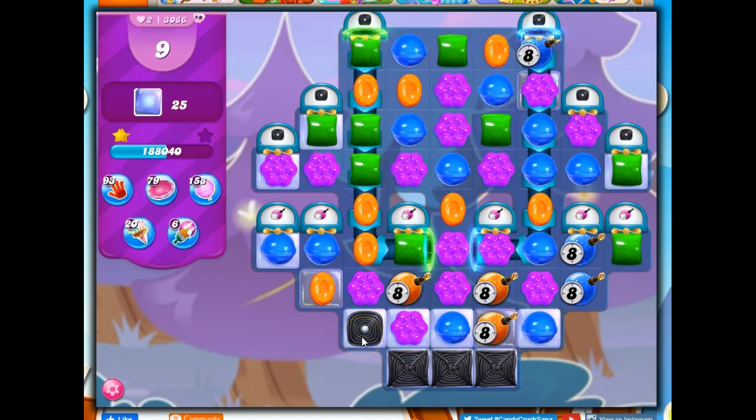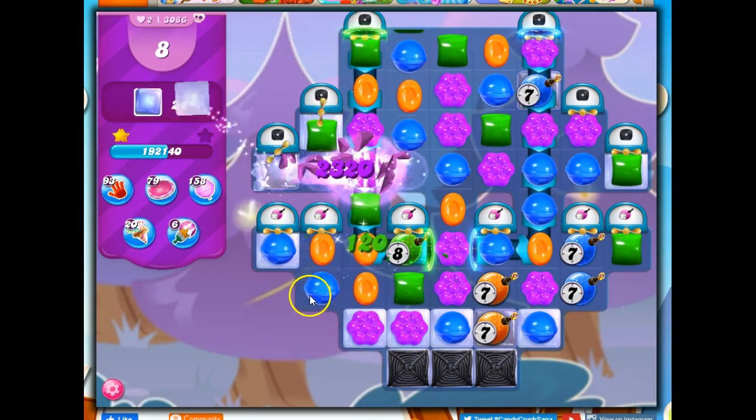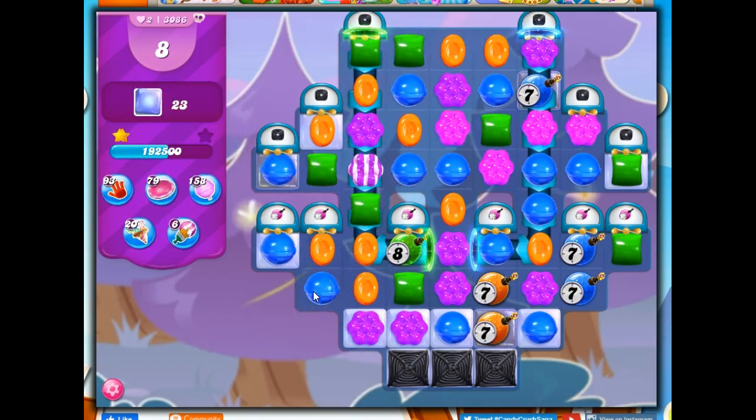Now I still do have a licorice I can remove, or I could make a stripe here. I have to decide what's best. With only 4 colors on the board, if I just make a move down here, it's quite possible that as things cascade down, they'll create their own specials. So in this case, because I can remove this, and this is the last one I can remove on this board for now, I'm going to do this, and I took the one that gave me a benefit of taking